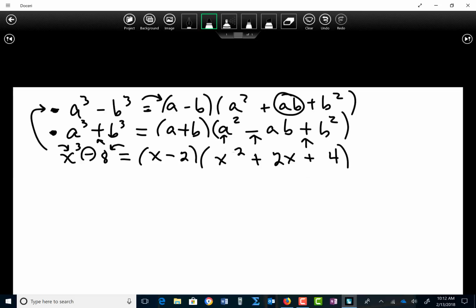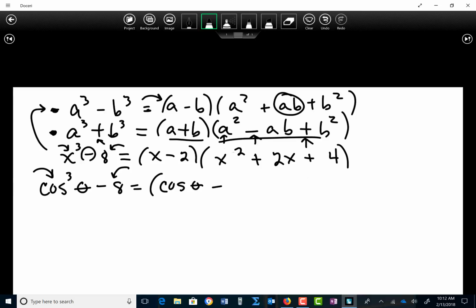So anytime you have something in trig that looks like that, so for instance, let's say we had cosine cubed theta minus 8, it would fit this same template. In this case, my a would be cosine theta, and my b would be 2, because those are the cube roots of those two things. So if I fit them to this template, I would have cosine theta minus 2 times